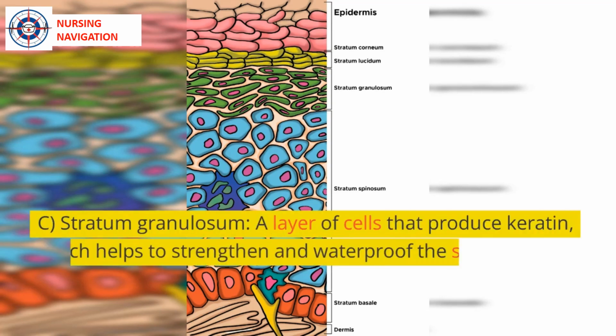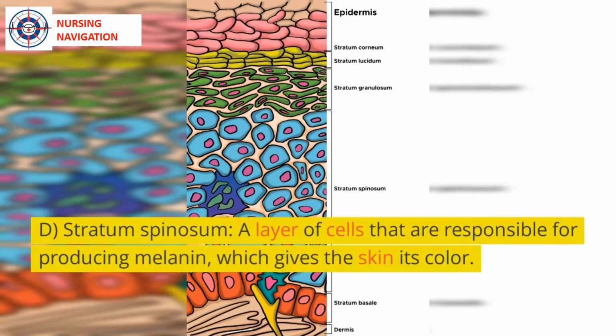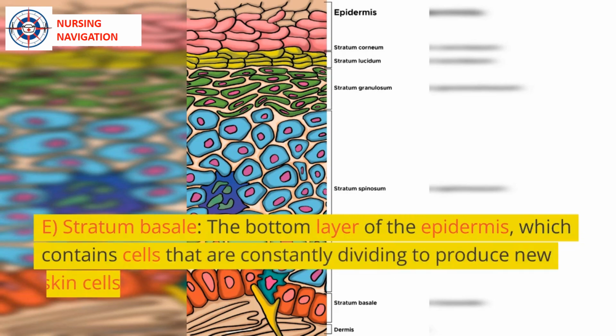C. Stratum granulosum. A layer of cells that produce keratin, which helps to strengthen and waterproof the skin. D. Stratum spinosum. A layer of cells that are responsible for producing melanin, which gives the skin its color. E. Stratum basale. The bottom layer of the epidermis, which contains cells that are constantly dividing to produce new skin